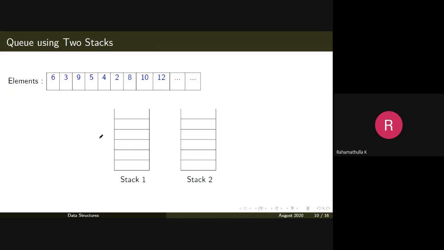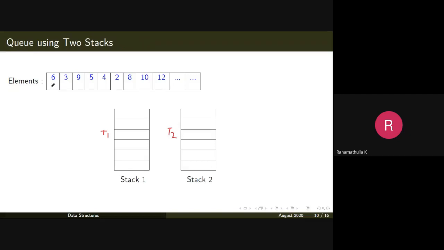As you know, a stack has only one variable associated with it, a top. So stack 1 has top 1, and stack 2 has another variable associated with it, top 2. A stack is a last in first out structure. This stack is also a last in first out structure, but we need to implement a queue using it, meaning that we need to implement a first in first out structure.